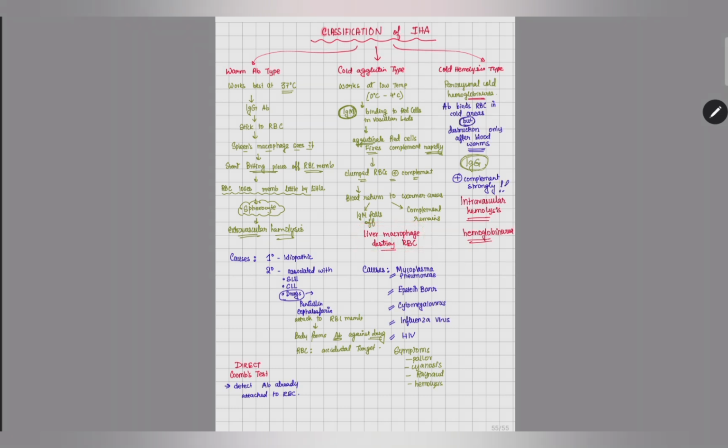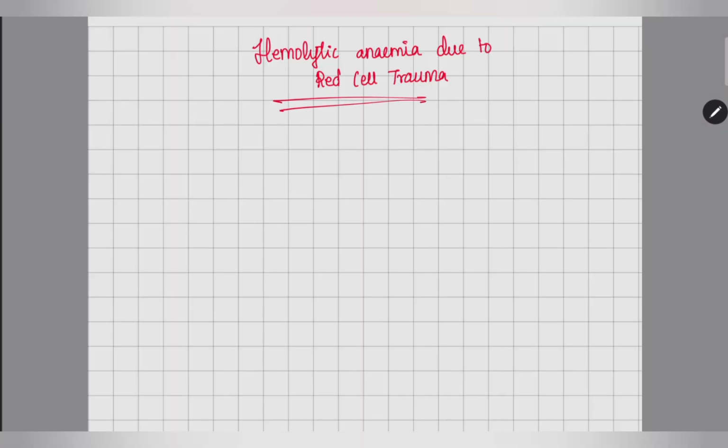The third one is cold hemolysin type, which is seen in paroxysmal cold hemoglobinuria. Here antibodies bind the RBCs in the cold temperatures, but destruction happens once it returns to the warm temperature, and the mediator is IgG, and here intravascular hemolysis happens, which leads to hemoglobinuria. So that was all about immunohemolytic anemia, and now we will be seeing a bit about hemolytic anemia due to red cell trauma, and we will be learning about